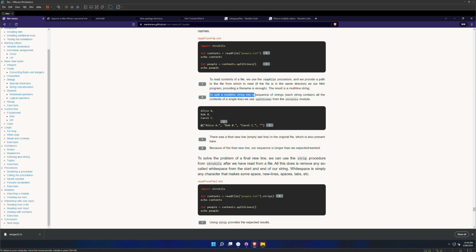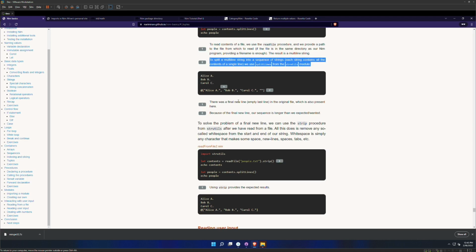To split multi-line strings into a sequence of strings, each contains... Okay. That is because we didn't strip the new line. It sees the new line as